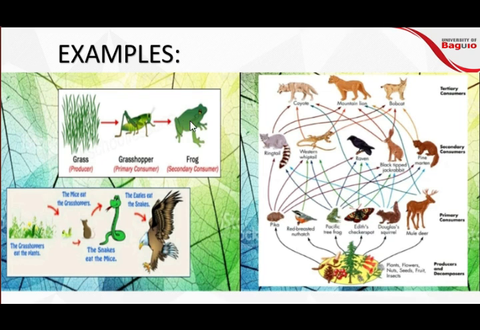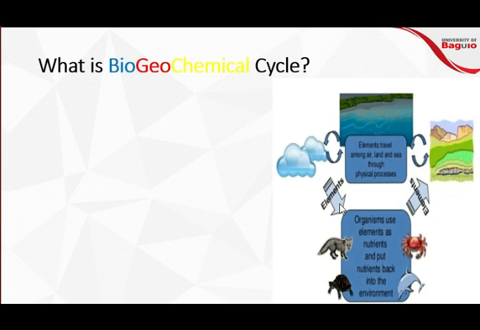So this is an example of a food chain. You have the grass, the grasshopper, the frog, and we also have another example. And this is what it looks like when you talk about food web. Again, a food web is only a wrapped-up set of food chains. So they actually have a similar function within our ecosystem or within a particular community. So that is all about the flow of energy. Again, that is only a quick review of the food chain or the flow of energy within